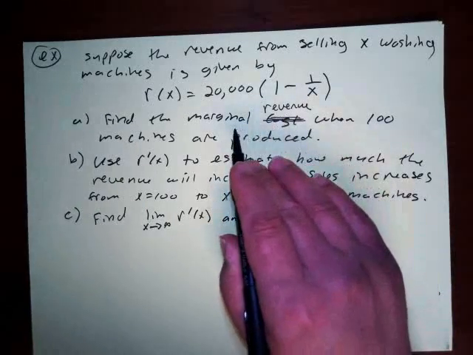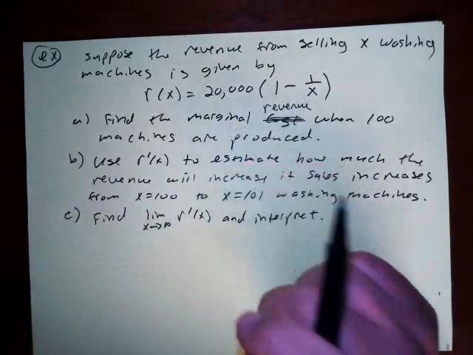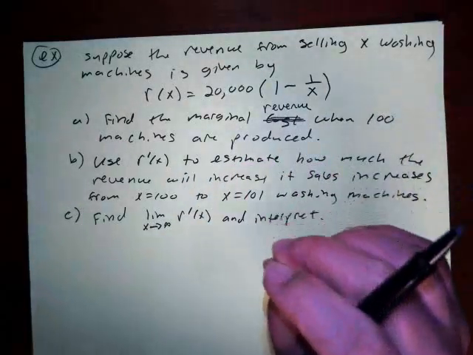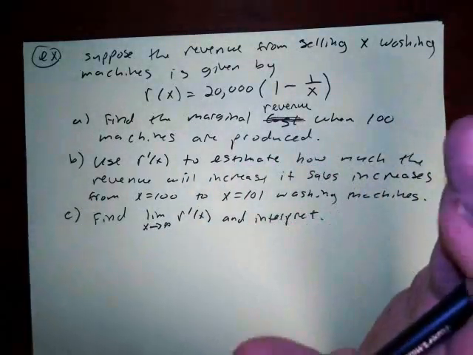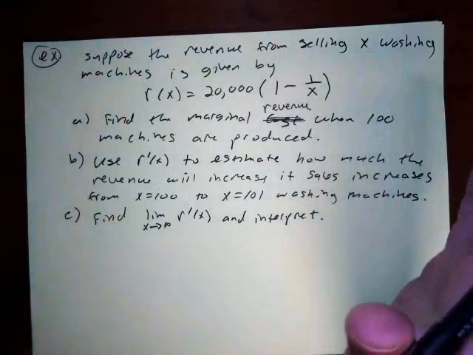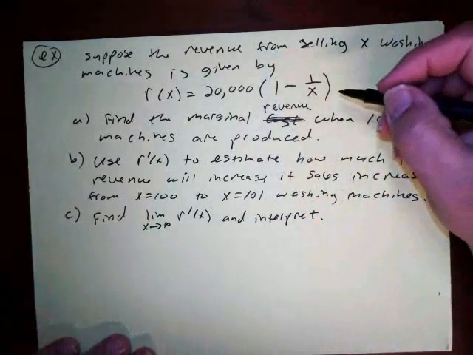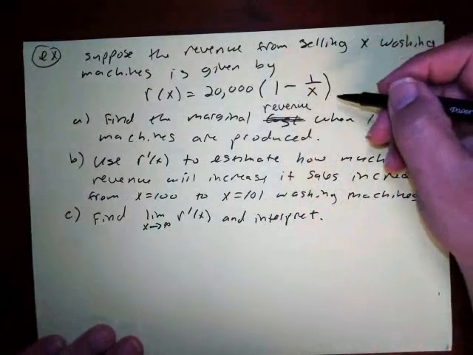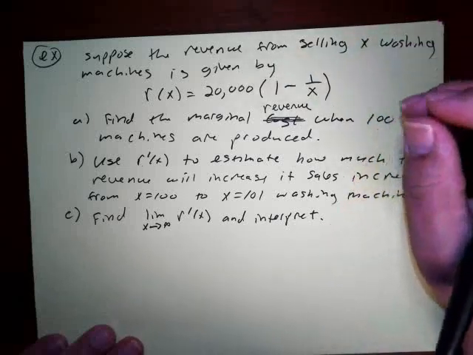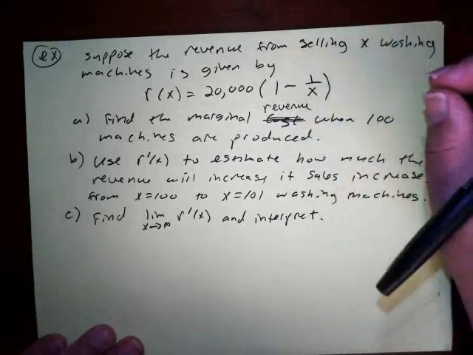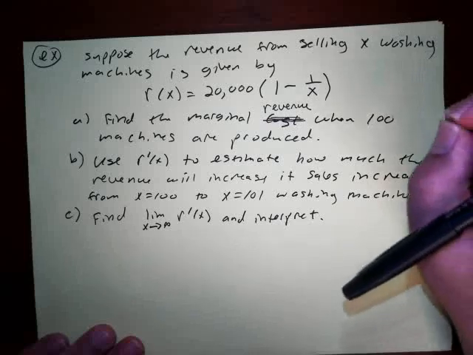The idea of marginal revenue, which is the same as marginal cost or marginal profit, is the rate of change. Marginal revenue is the rate of change of the revenue function, or the rate of change of the cost function, or the rate of change of the profit function. And the rate of change is how much the revenue would change with respect to